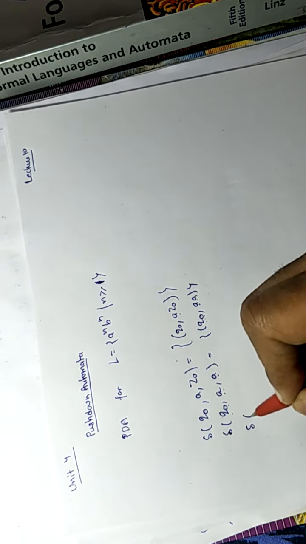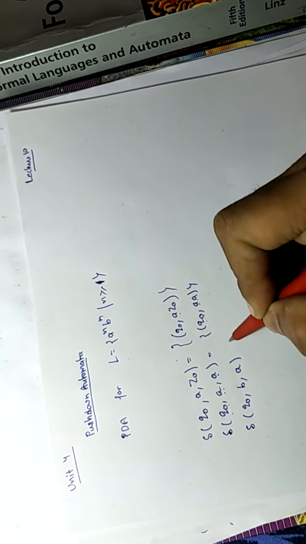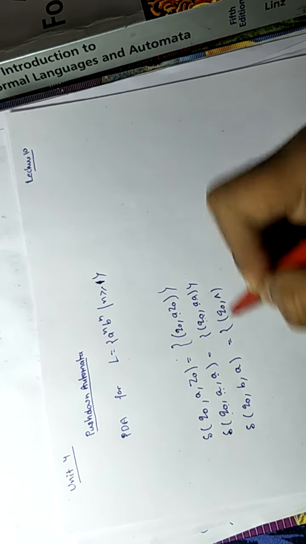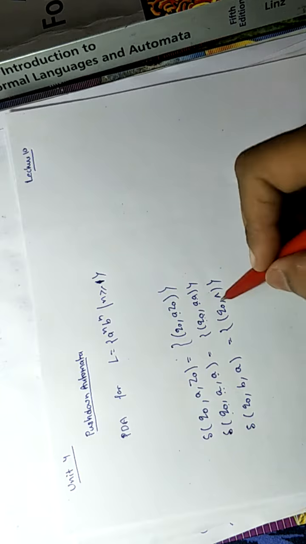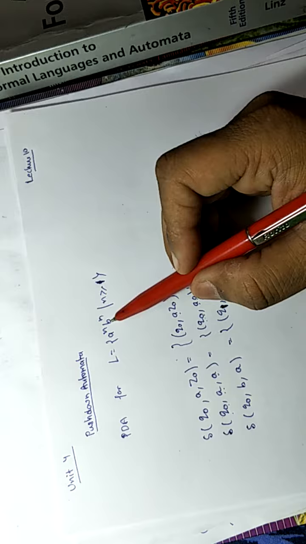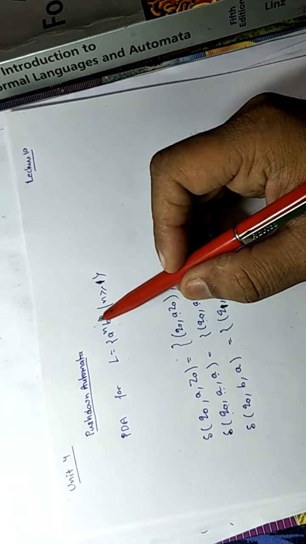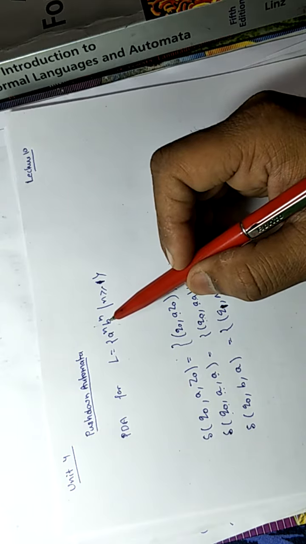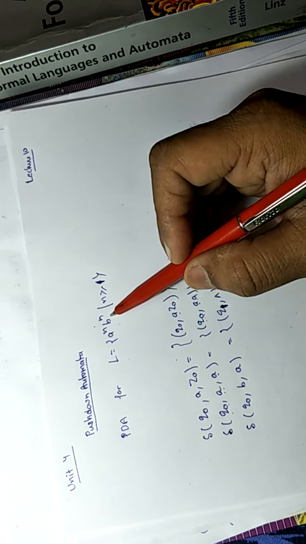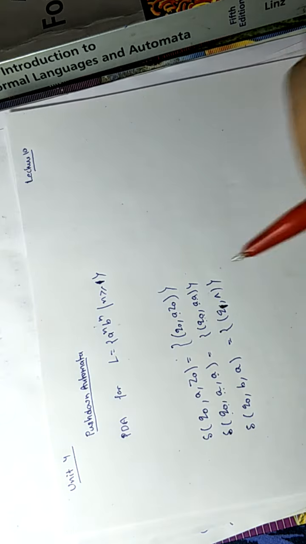Now when we read the first b, a will be on the top of the stack and we have to pop it. Now we popped the first a and we have to change the state. We have to change the state when we reach the b. Why? Because we have to make sure that we reach the b. Now we will not get any a after this b. There will be b only. So we need to change the state.